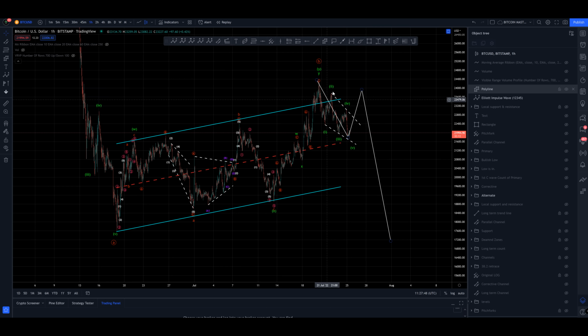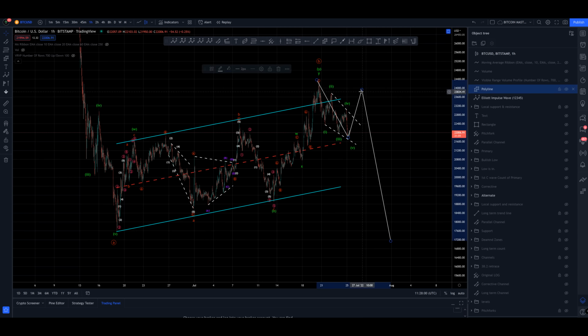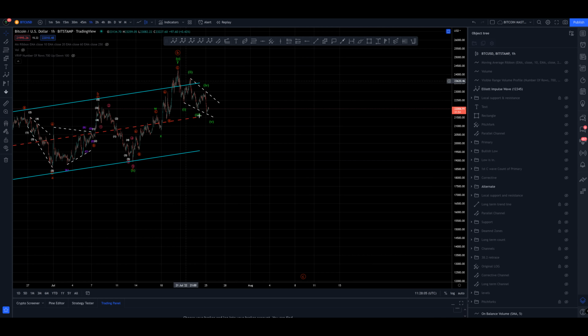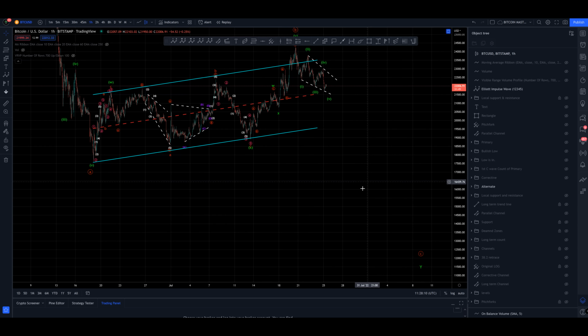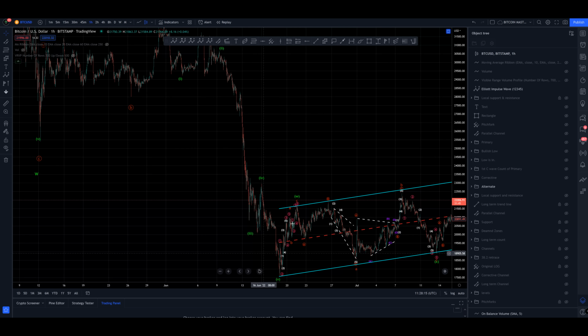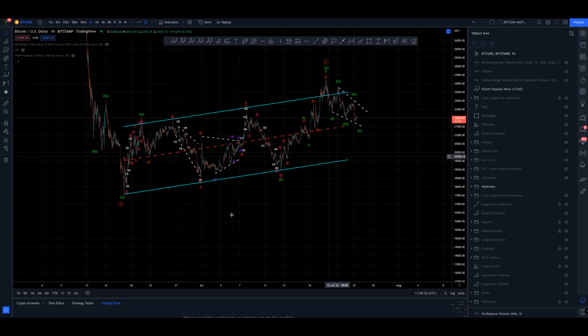Okay, and in those circumstances, if it's going to look like a 3, it will finish in 5. You'll get a 4th wave and a 5th wave, right? 5 waves down. That'll tell us that we're still impulsive, and that will make the next leg of the C 5 waves down. So that could be 1, 2, 3, 4, 5. I've got the target around here at 12 grand, but it doesn't have to be that deep. It's just if we want it to share parity with the prior A here, we would expect the C to come down to around 12 grand. And that's the best I can do for you over the short term in terms of the counts.